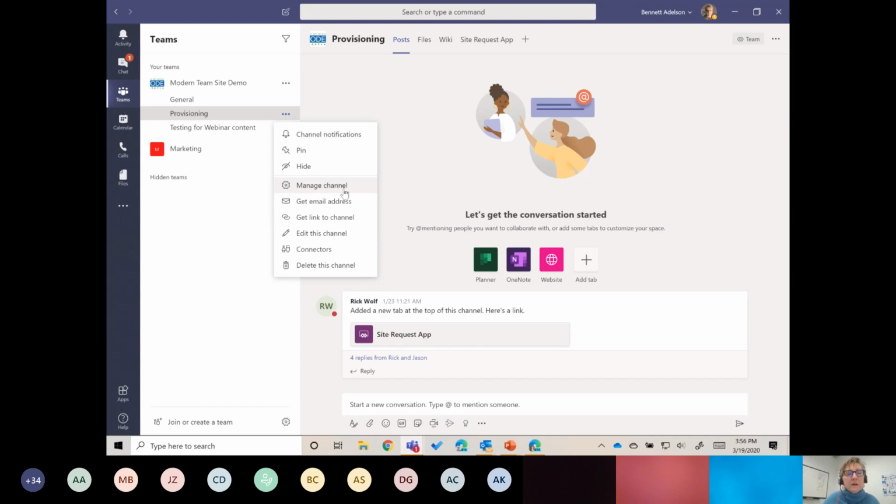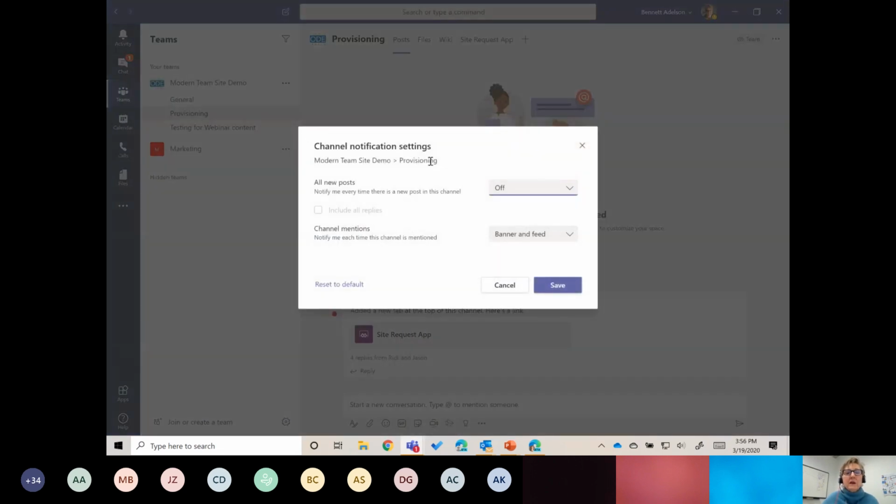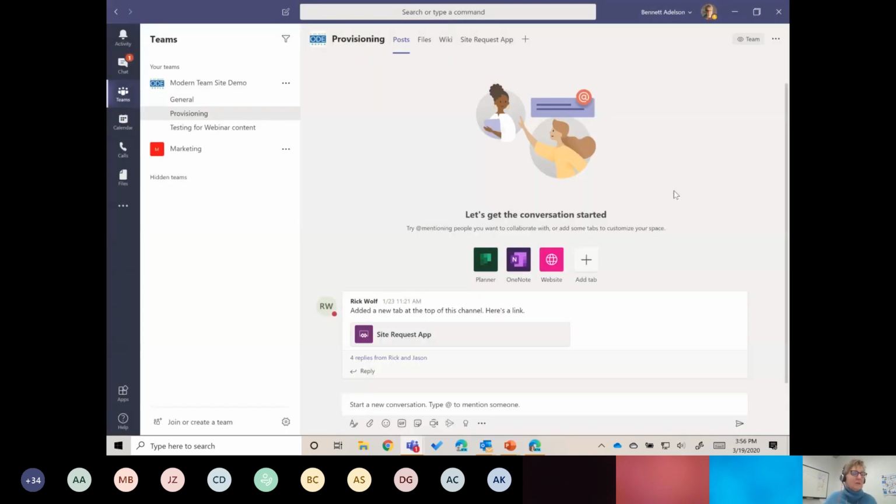I should have done this before the meeting. So yeah, here under channel notifications, you can change your notifications per channel. Actually, I think this changed since the last time I looked at it. That happens a lot in Teams. Microsoft is continually improving it, so don't be surprised.